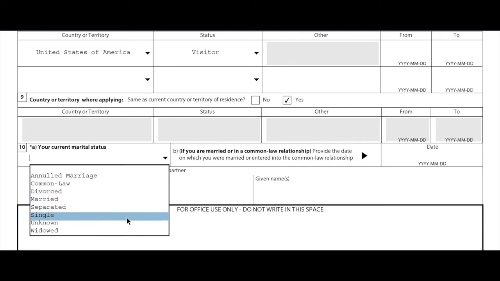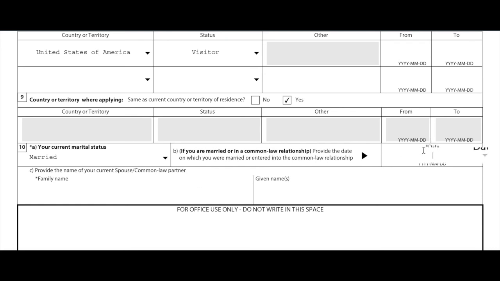If you're single, there's nothing to add. If you're widowed, a death certificate of your spouse will surely help. If it's an annulled marriage, again, a legal document to show that the marriage was annulled is a very important bit. So let's say you clicked married, then the date does not gray out, right? So obviously you have to tell the date when you got married, and please